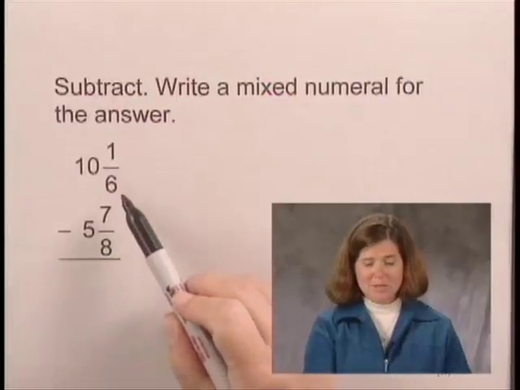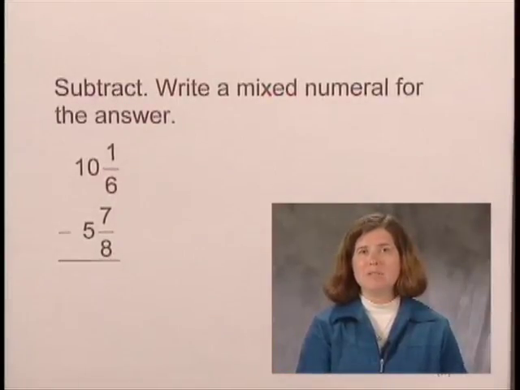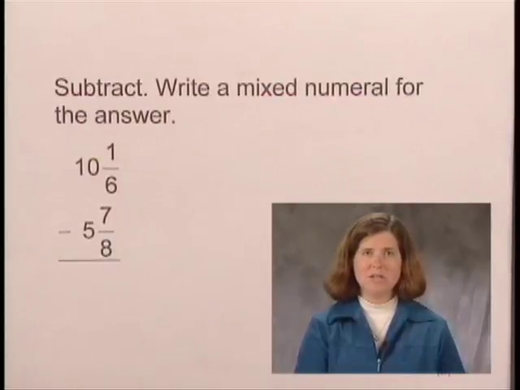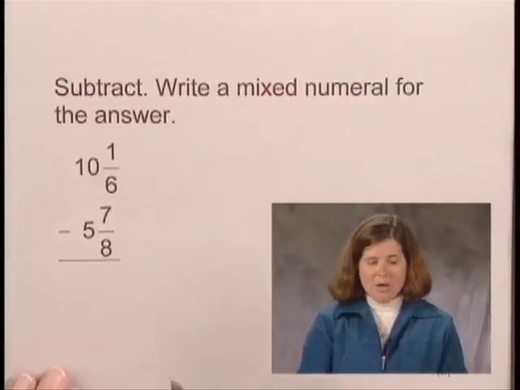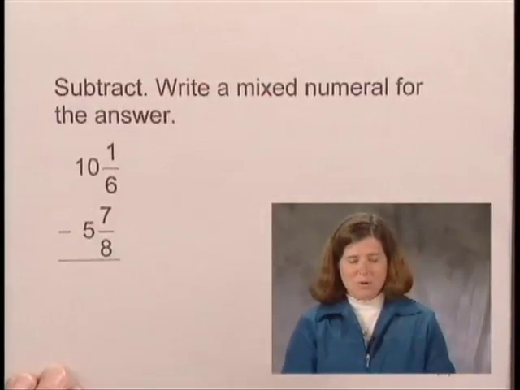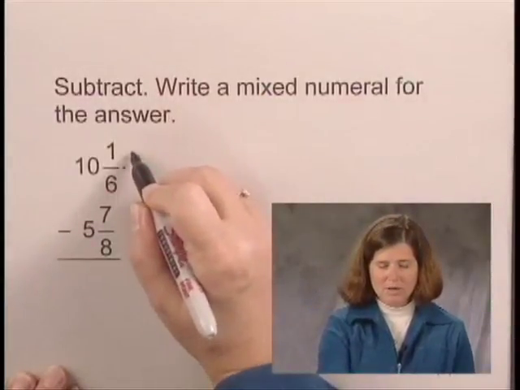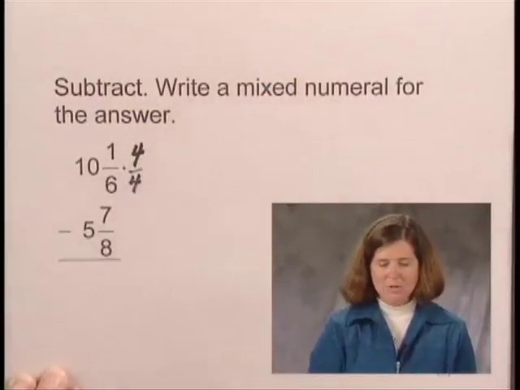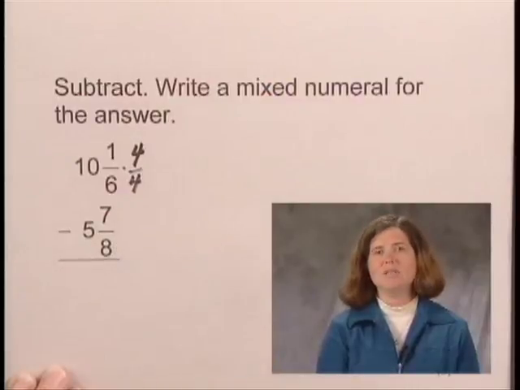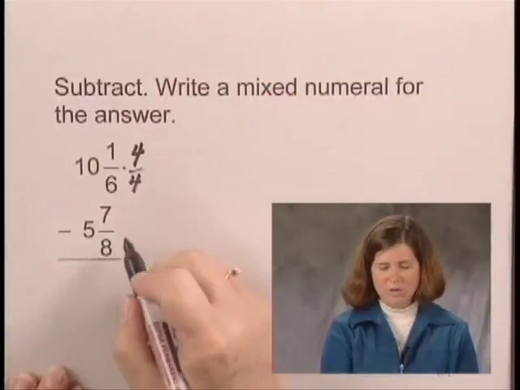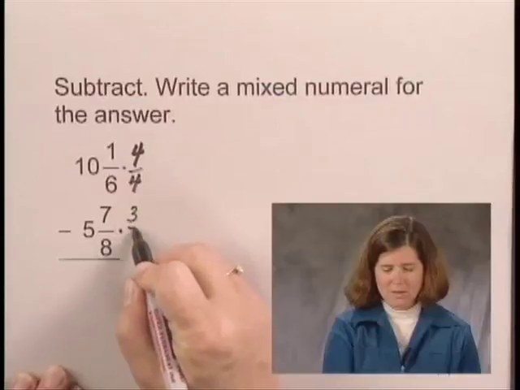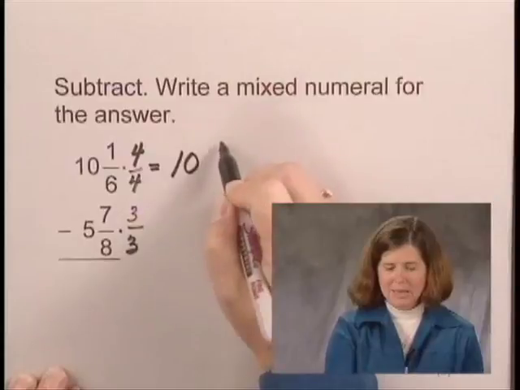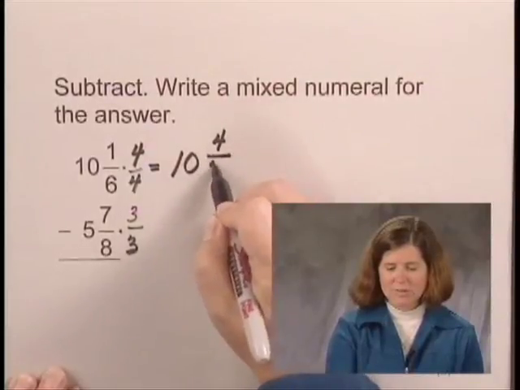Looking at the denominators 6 and 8, we note that the least common denominator is 24. So we'll write 1/6 and 7/8 with a denominator of 24. To write 1/6 with the denominator of 24, we multiply by 1 using 4 over 4. And to write 7/8 with the denominator of 24, we will multiply by 1 using 3 over 3. Doing the multiplication, we get 10 and 4/24